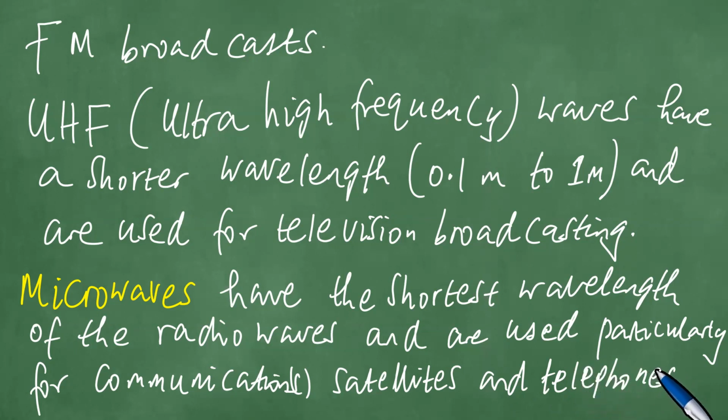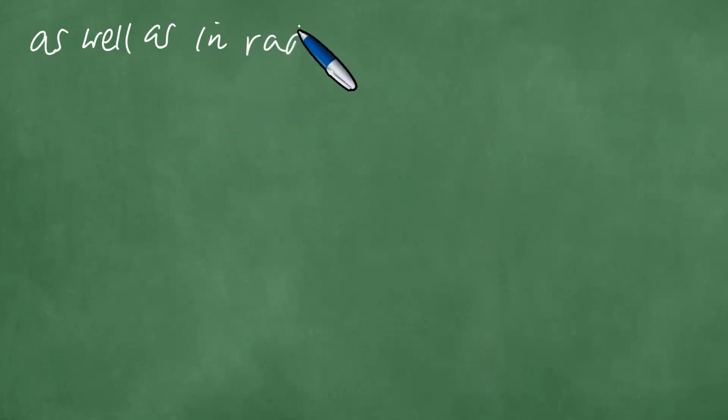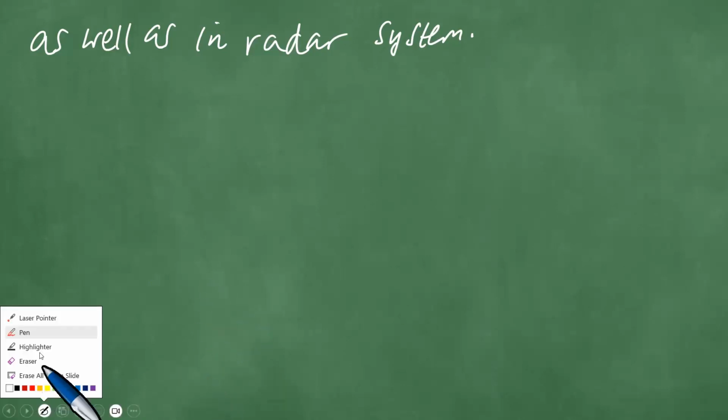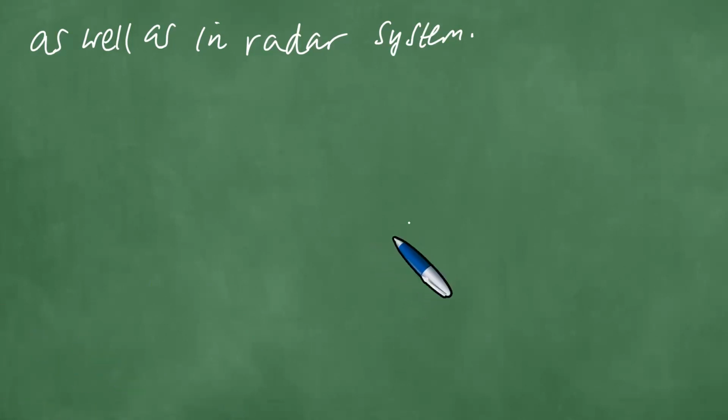And telephones, as well as in radar systems. So the microwaves are used in radar systems. They're used in satellites and telephones that we have access to and that we use daily to communicate. But also, most importantly,